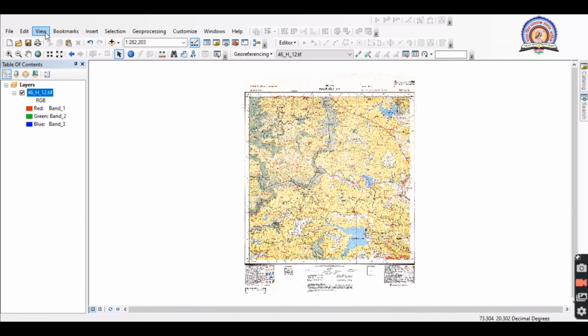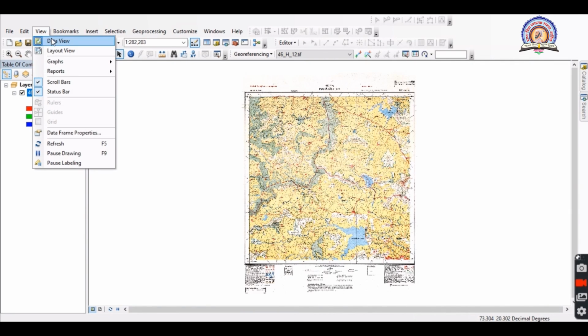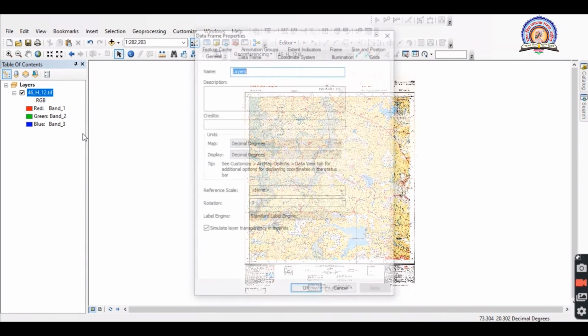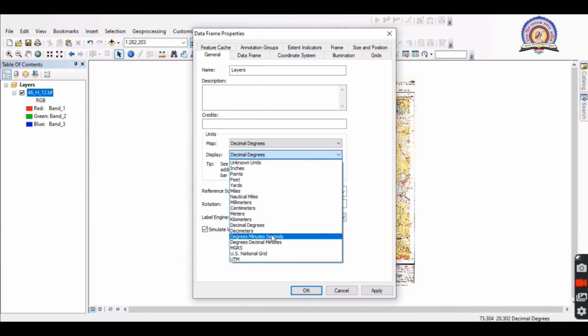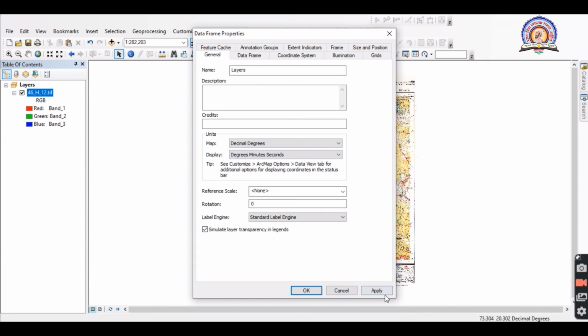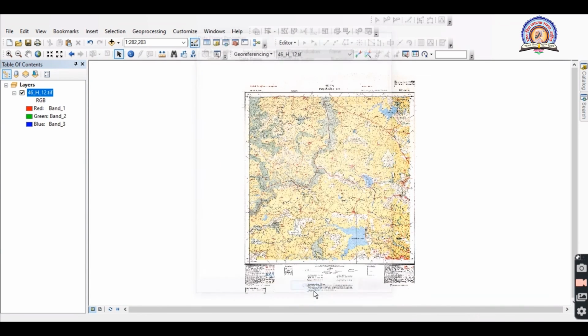So we can also change our data frame properties from degree decimal to degree minutes seconds also. So we can see that our reference point is shown in degrees, minutes and seconds, that is east and north.